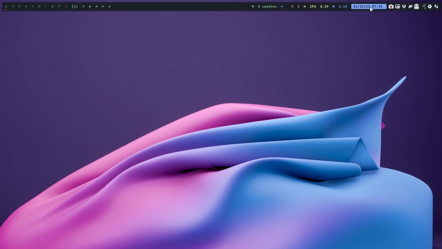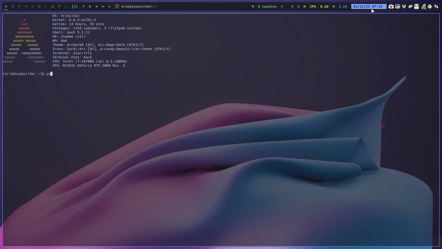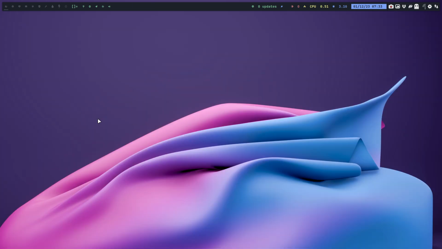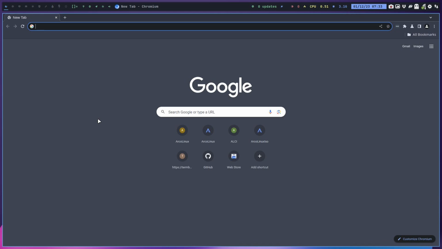All our ISOs are online, and we've noticed that there's an issue with the Xanmod kernel. Now, the Xanmod kernel is not supported by Arch, right? The kernels are coming from the AUR. So there is an issue with them,